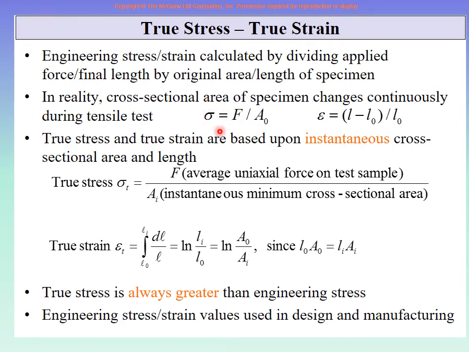Now this is the engineering stress, divided by original area, and engineering strain, divided by original length. But if you divide by the current or instantaneous one, force divided by the current area is true stress, and change in length divided by the current length, delta L by Li, that is the true strain, right? So there is nothing new here. The only thing is that this is very difficult to measure.